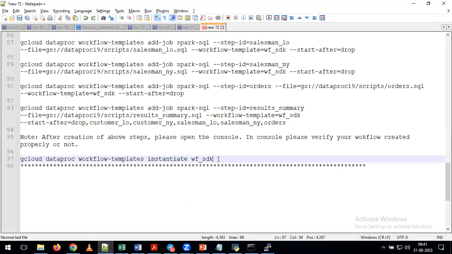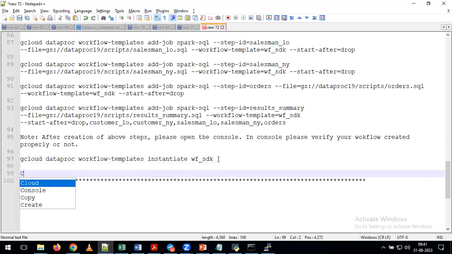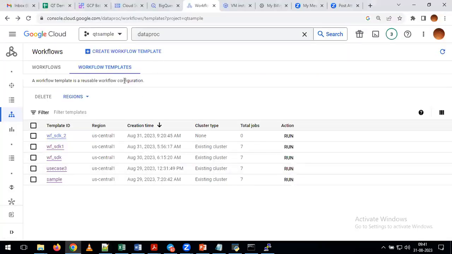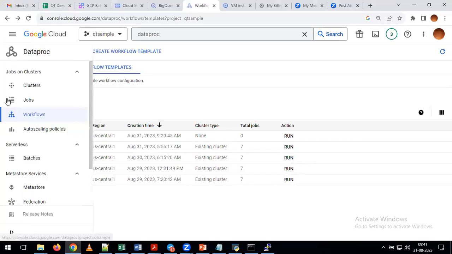And once we trigger this workflow in the Cloud SDK shell, you can see the status, whether it is running or completed. Otherwise, if you want to see the status, you can come to the Cloud console. Here, please go to your